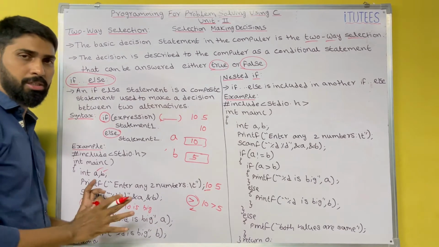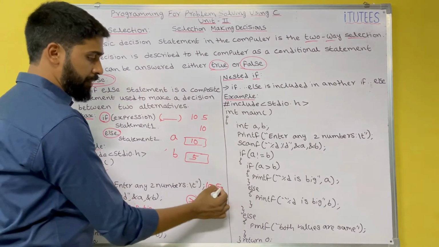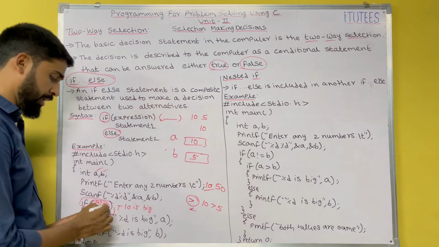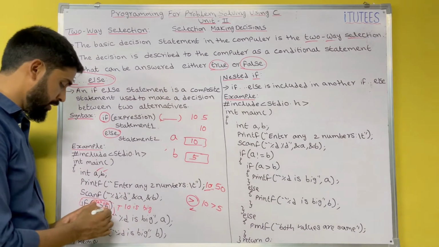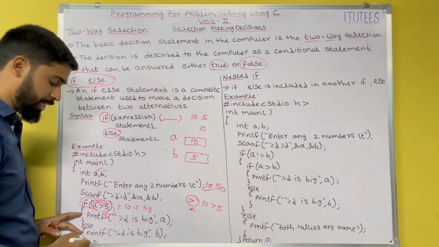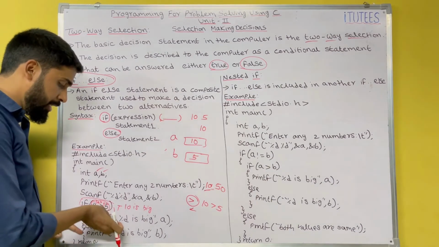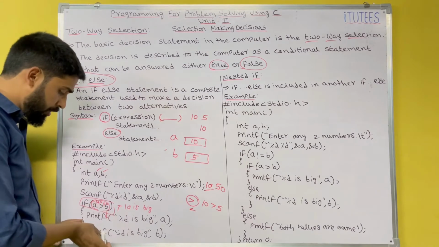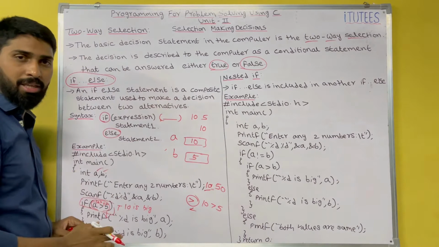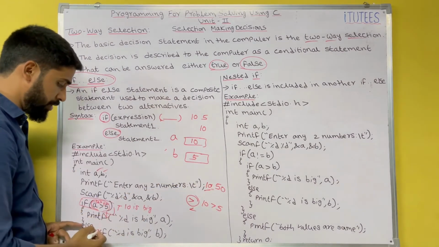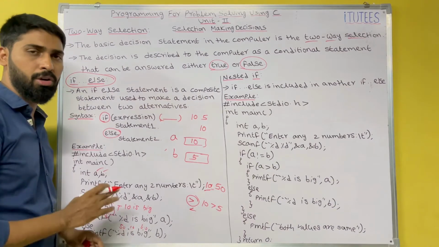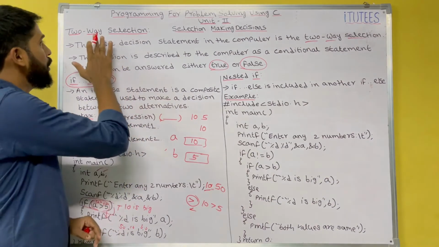Okay, that's it. This is the output. If I enter 10 and 50, 10 greater than 50 returns false. So in this case you are going to execute the else block. Here, in two-way selection, you can execute either the if block or only the else block. That we call a two-way selection. In this case, 10 and 50, 50 is big. I hope you all understand what is two-way selection.